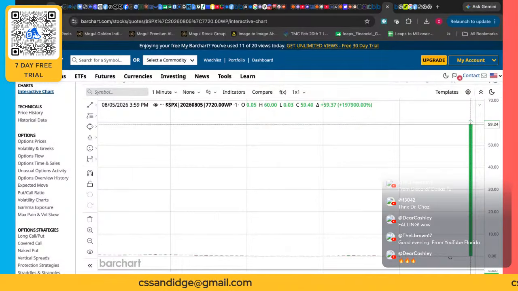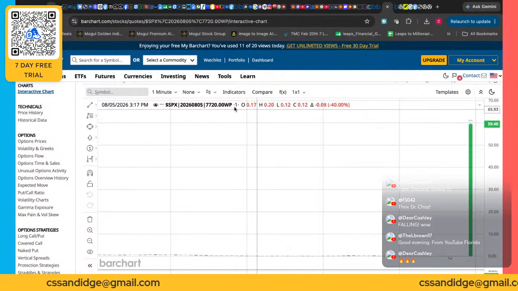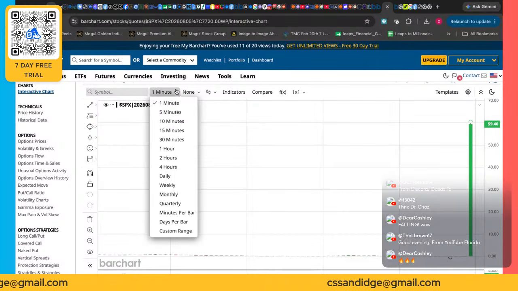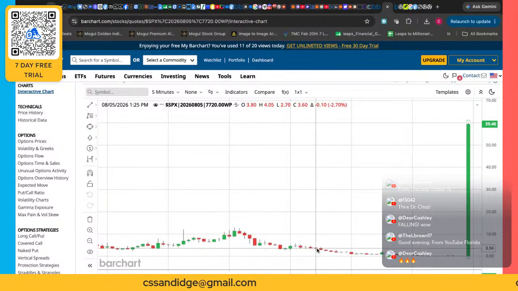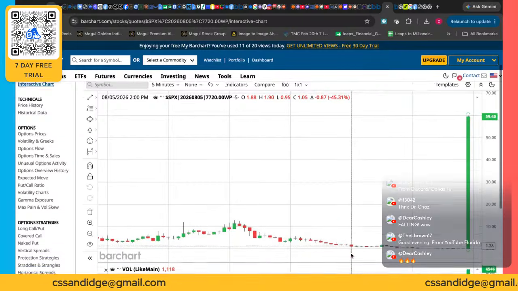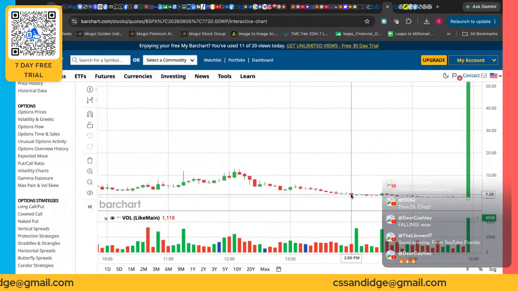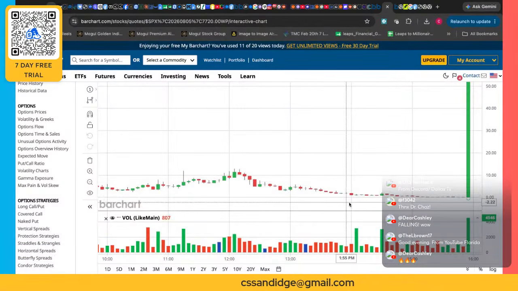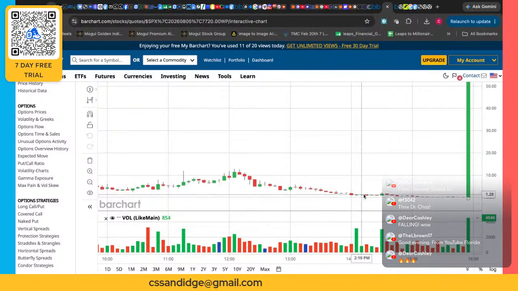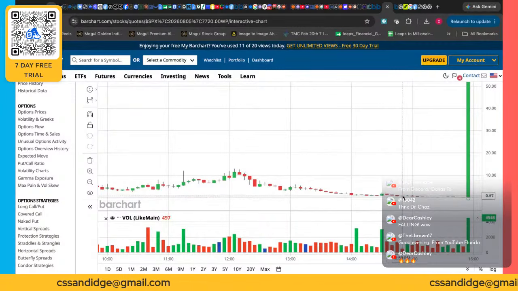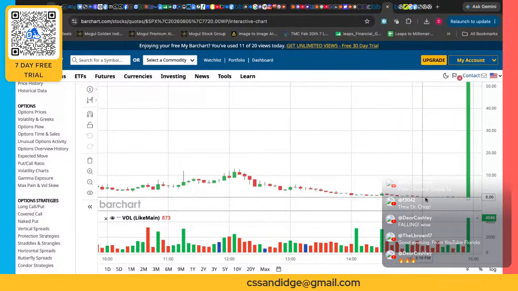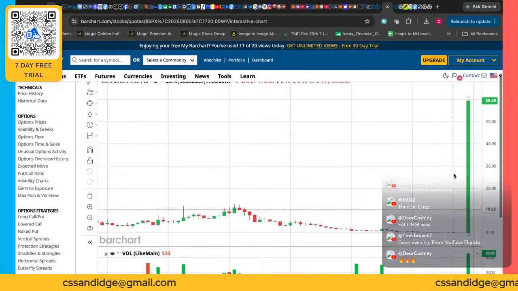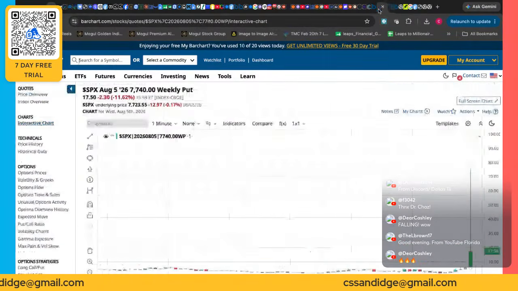I literally didn't get it. I'm watching this 7720 contract, but when I was looking at it during the consolidation period, it was still fairly expensive. I'm like, man, I'm not getting in that thing. Then you can look at the time. It's got noon, 1 o'clock, 2 o'clock, and it's coming on down. I'm like, man, it's losing money, it's losing steam. But I know at the end of the day, this thing might come back. But it was so far out of the money. But it didn't matter, it still got paid. Like that 6,000, even if you got closer.